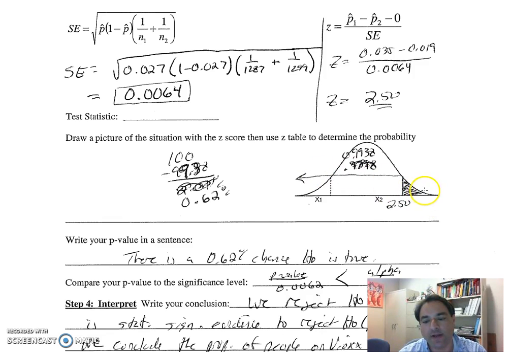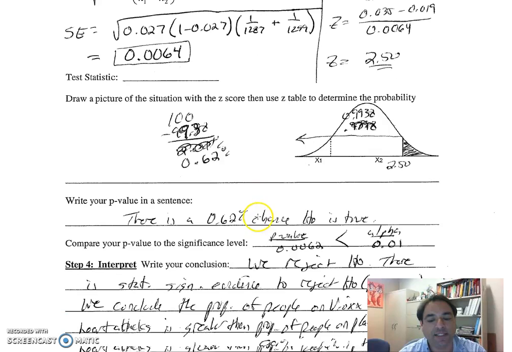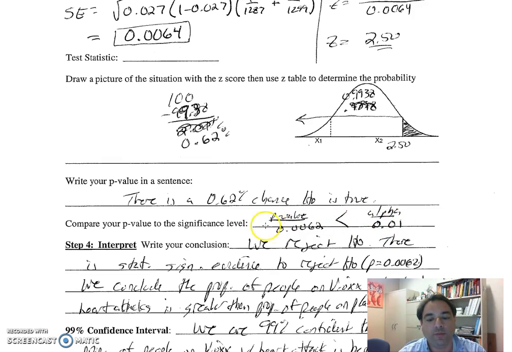2.50 would actually be way down here, and we're looking for greater than, so it's a very small p-value. When you look up 2.50 in the table, you get 0.9938, but that's less than. We're looking for more than. So 100 minus 99.38 gives us 0.62%. 0.62% is 0.0062. Remember, that's the decimal, that's the percent. Be very careful. To go from percent to decimal, you move it over 2 to the left. So our alpha is 0.01 and